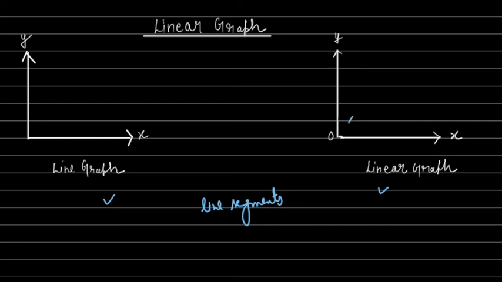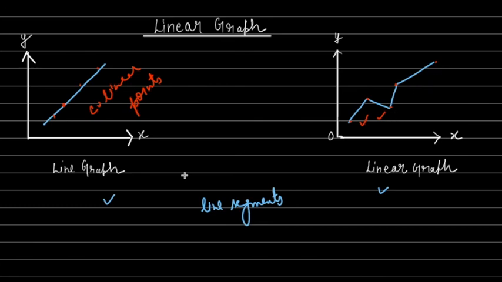But what happens, suppose the values are like this and then it is decreasing, then suppose again it is increasing, going up. In a line graph the pattern will always be a straight line, which means all the values will lie on one single line. It means collinear points. Rather, if you see here, this is your first reading, second reading, third reading, fourth reading and fifth reading. So all the points are not collinear. They are on the Cartesian plane, but they are not collinear. It is also made up of line segments, but all the points are not collinear.